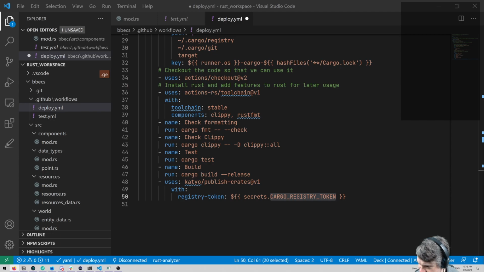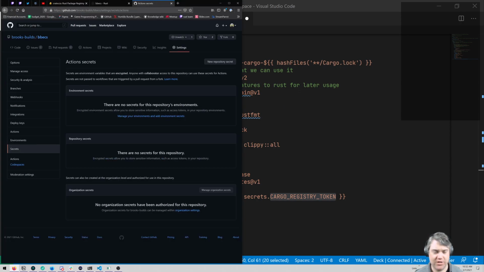Not integrations. Deploy keys? I feel like that's not right. Actions, no. Oh, secrets at the bottom. Okay, so I can now do environment secrets. So before I add these in, here's what it looks like. I'm gonna have these secrets, I'm gonna put in environment secrets, repository secrets to match what I have